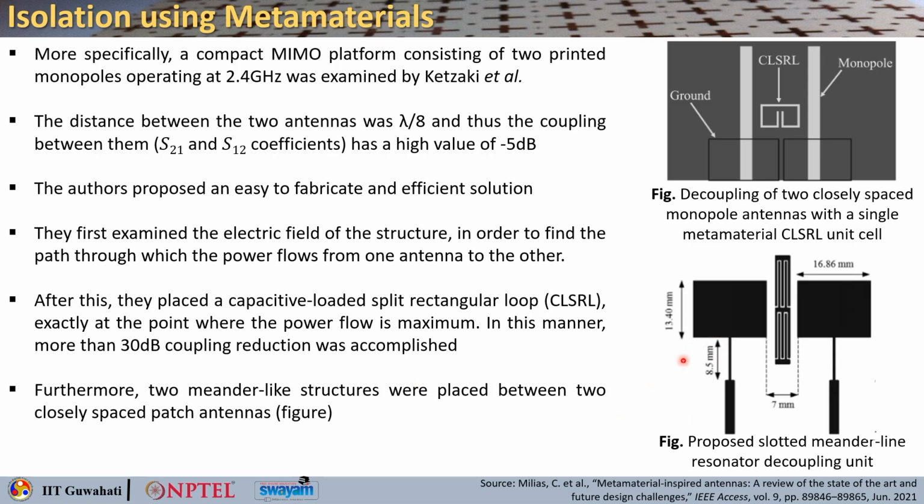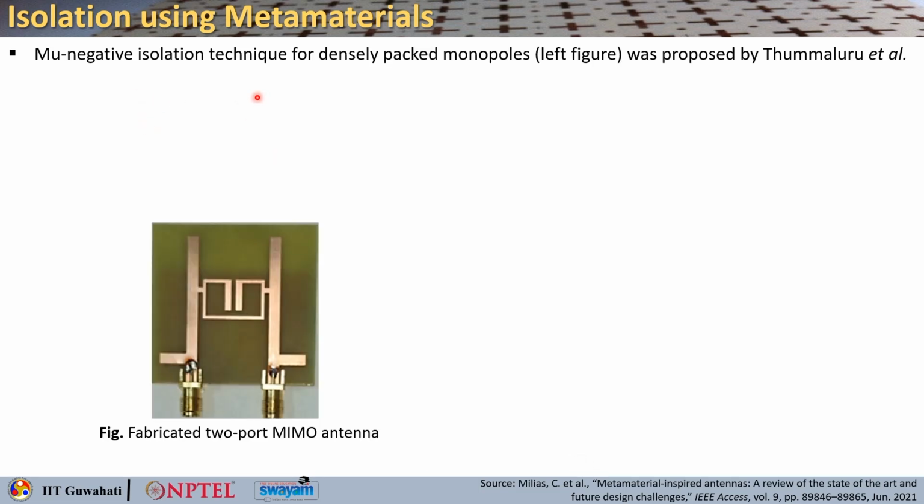So further enhancement in the design happened, where people put two meander like structures placed between two closely spaced patch antennas, and that also gave decoupling between the two antennas, whereas they are very close physically located, okay. In this case, this resonator could provide an isolation improvement of 16 dB at 4.5 gigahertz. Mu negative isolation technique can also be used for densely packed monopoles, as you can see here, okay. That was proposed by Thumularu